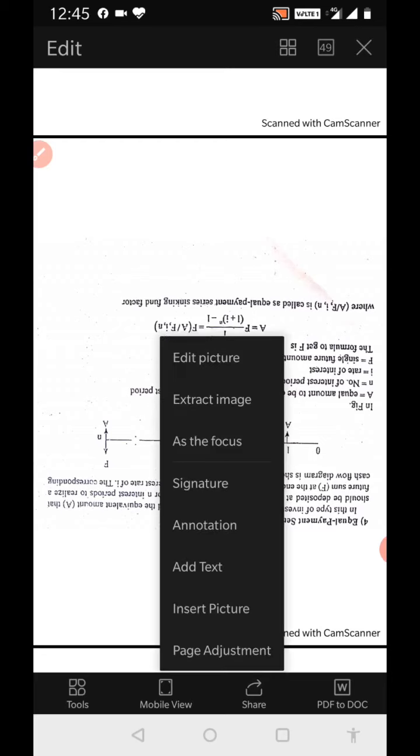As I told you earlier also, this is similar to the earlier one. Earlier we discussed equal payment series, whatever we are paying monthly or annually, that payment is the same, and what is the compound amount I am getting after some period of time at some rate of interest. But now, this is the reverse of this.